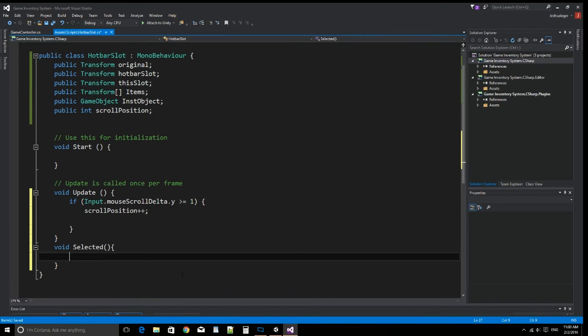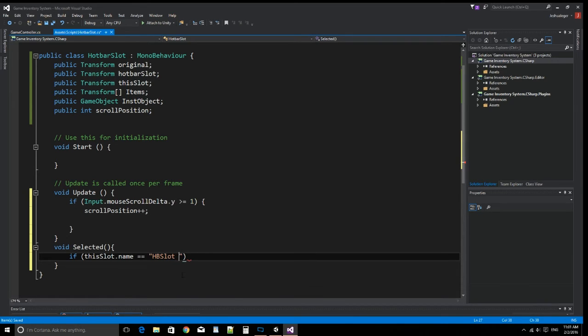So if this slot dot name is equal to, okay, this is where it gets a little tricky. Not really, but just bear with me. We're going to say if the name is equal to hotbar. Actually, it's not really that tricky. So slot HB slot